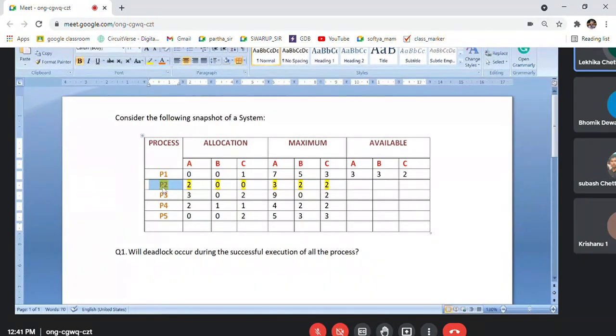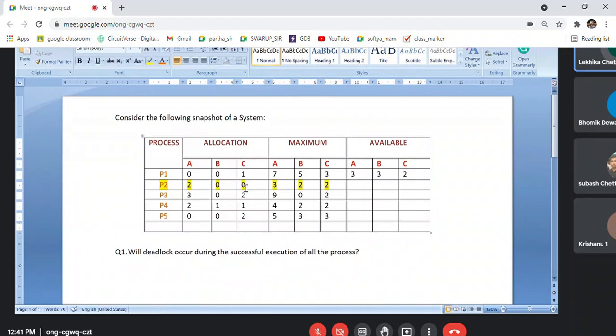Okay, and also after it terminates, see here, it has acquired, how much did it keep with itself? It holds 200, and it is waiting for 322. Now 322 is available here, 333 is available, I need only 322. So now if I assign 322 to P2, P2 will complete its task. After completing its task, P2 will also release resource 200.